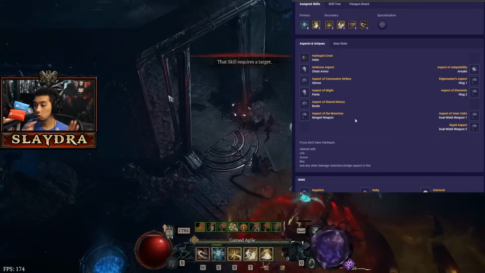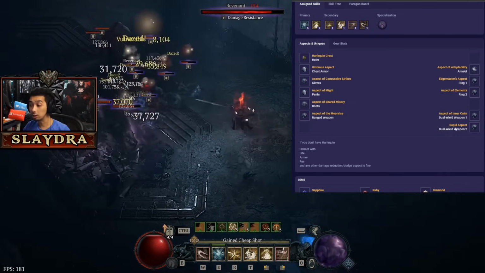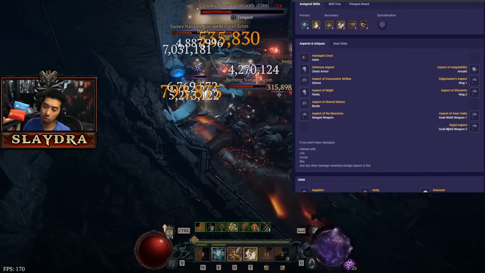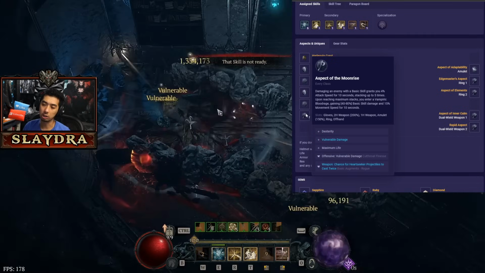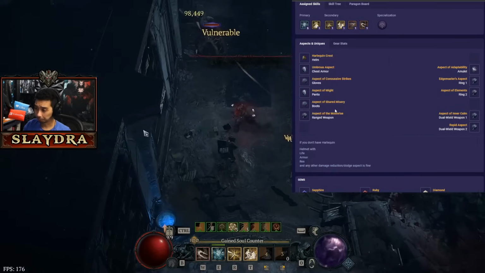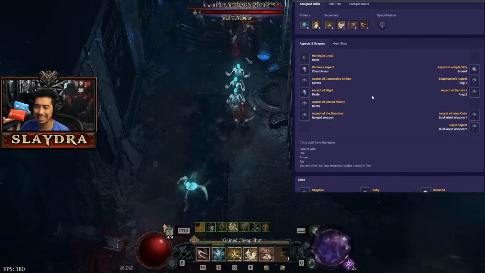So run your Moonrise in a one-handed sword, and then run in your two-handed the Rapid, because earlier on, getting that extra attack speed, you can start melting stuff super fast. You don't need all that damage in the earlier stages until you're basically in the pit. Most of the stuff gets deleted very fast anyways. So that's it for the aspects, and now let's move on to the important things to temper